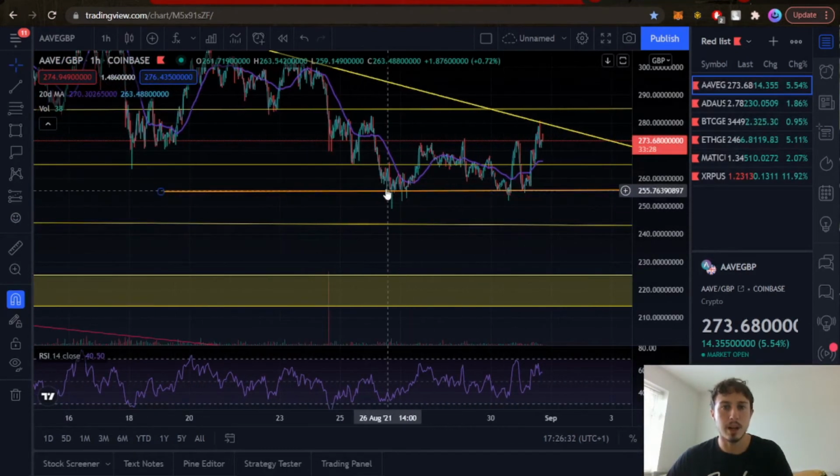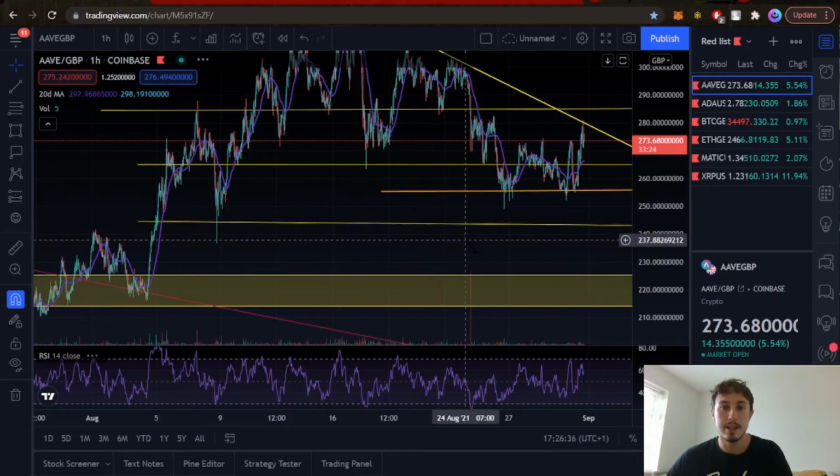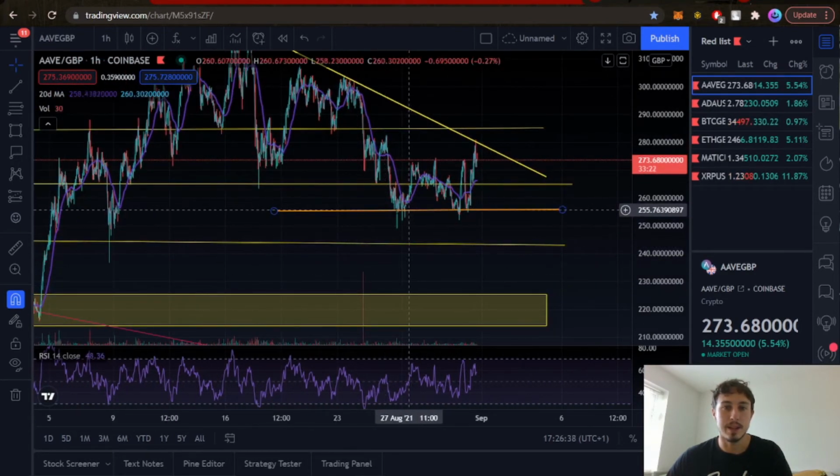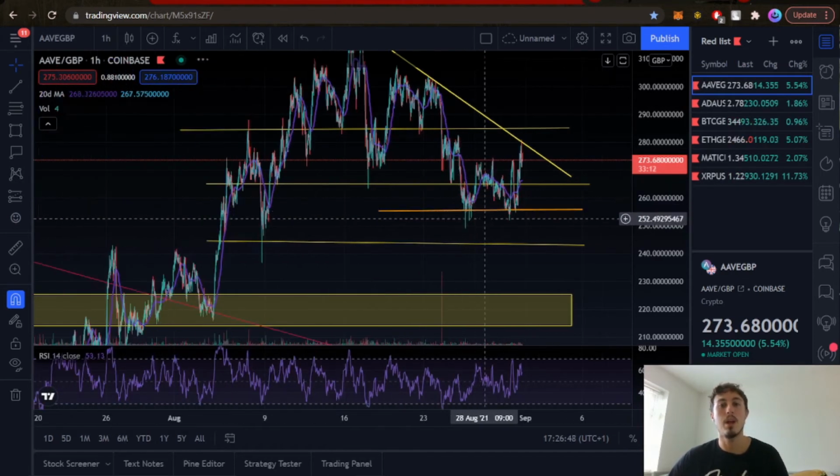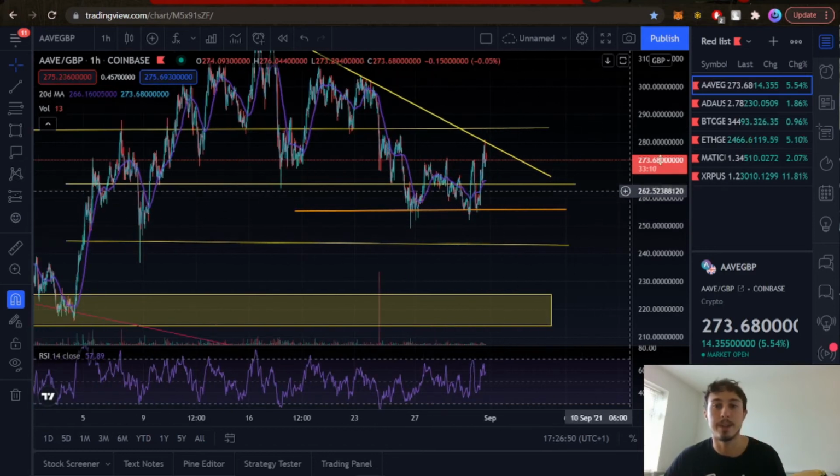So yeah, there's been a lot of up and down, swing high, swing low action. And look how many touchdowns we've had on this golden ratio over here, over here, over here. So we've got lots of support. The support is very strong here. Each time we're coming down, we're bouncing back up. But these lines are converging, so there needs to be a